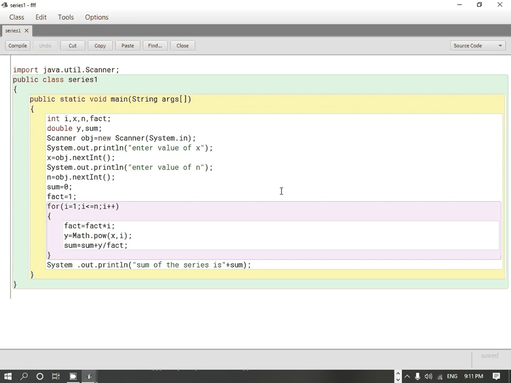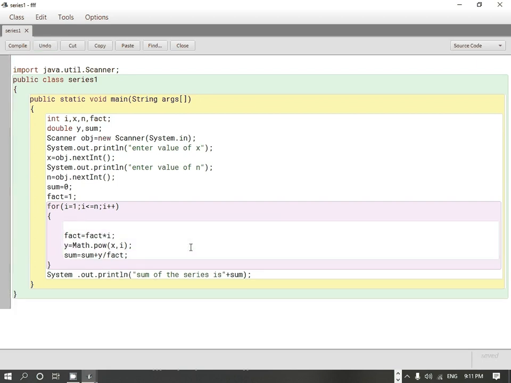Here we are in the previous program which we have done just now. Only slight changes we have to do over here, and then we will get the program for our next series. We only have to apply the condition that if i's value is even, then we put a minus sign, and if it is odd, then we put a plus sign. So for that, here we can put an if